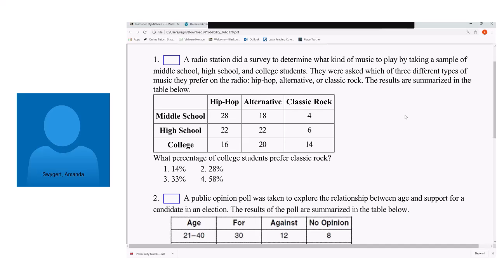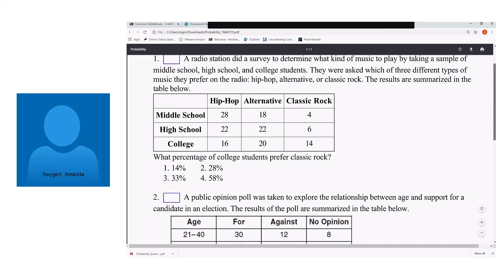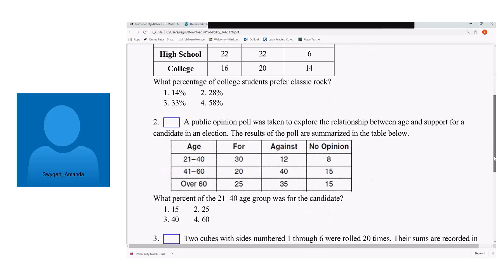You could do one of two things. You could change that quickly into something that's out of 100, because that wouldn't be too bad to do. Or you can just type it in your calculator, 14 divided by 50, and change that to a percentage. Either way you do it, what's the answer? 28%. Very good. So that would have to be choice 2. So that's how you're reading the table and answering the percentage type questions. All right, let's try another one.